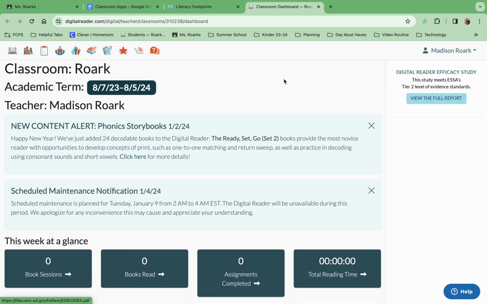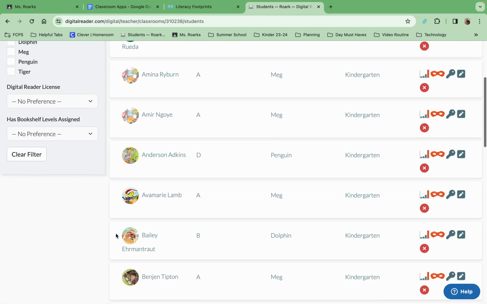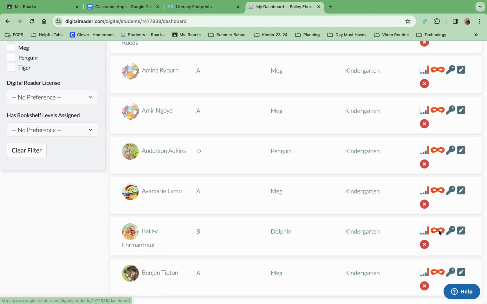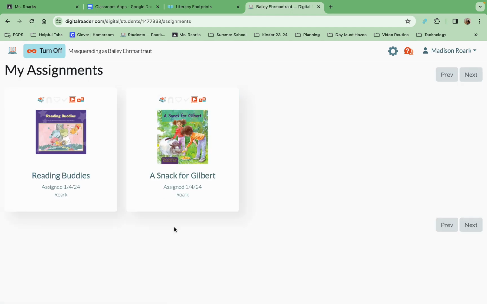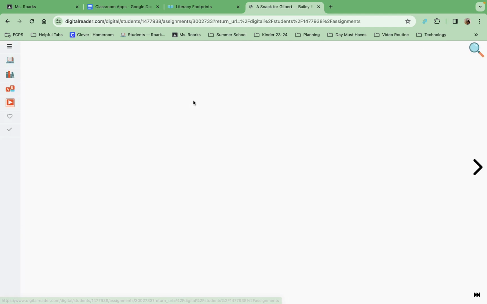They'll go to log in. Again, this is not what they will see on their screen. This is what I see on my screen. I'm going to go to a student. This is what their screen will look like. So when they log in, it'll immediately pull up, and this is what their screen will look like. So if you go to assigned books, you will see that they'll have different assigned books in here. They will hit this play button,